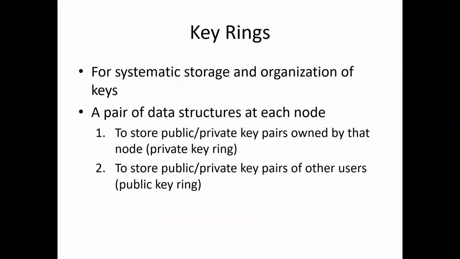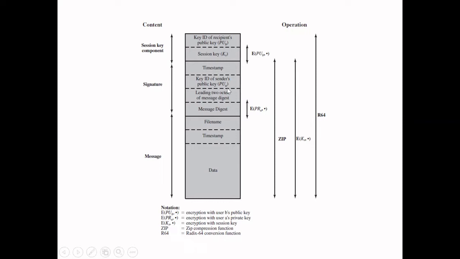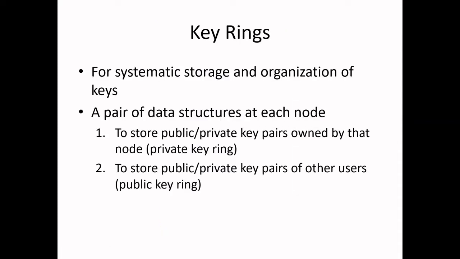What we are going to look at today is, we talked about different keys here: the key ID of the public key of A and the key ID of the public key of B, which is sent along with the message. So we want some method or data structure to store these keys. According to PGP's requirement, every user can have multiple public key private key pairs. In the last class, we said we can use the key ID for identifying these, but there is some mechanism for storage and organization.